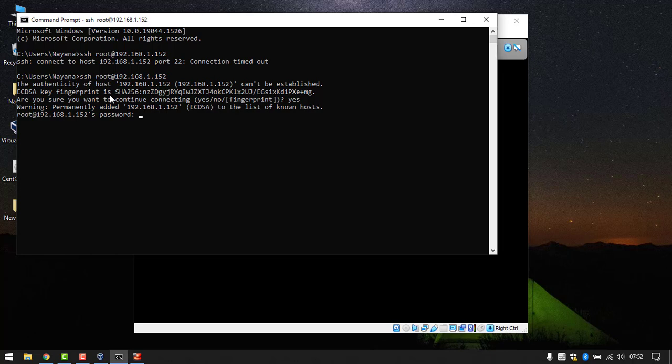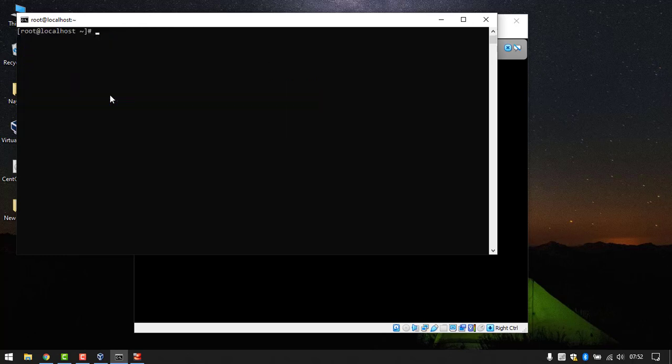And you need to keep in mind that when you type a password in the terminal, it's not going to show anything, not even asterisks. So just don't bother if you don't see anything, just type your password and press enter, and as you can see, we are logged in. So this is how you install